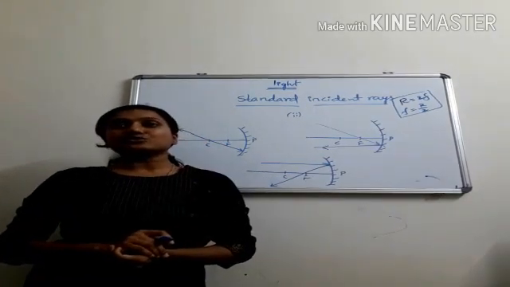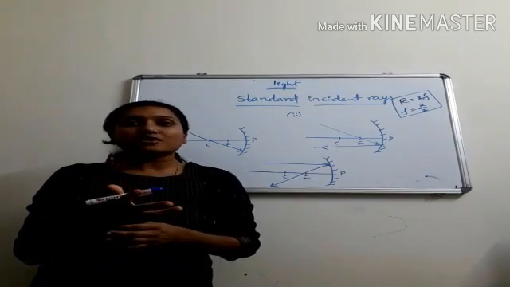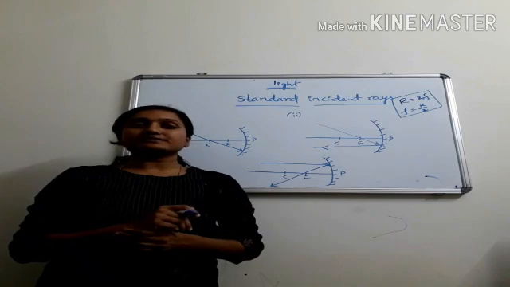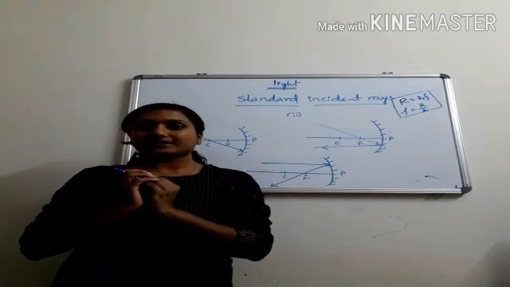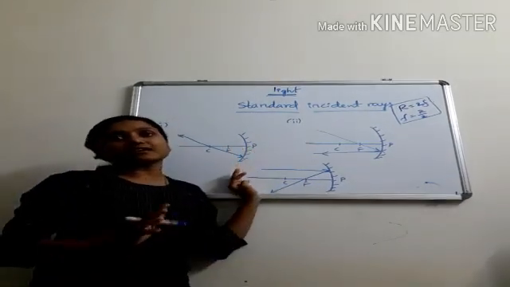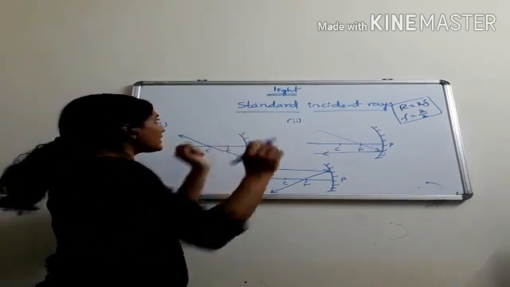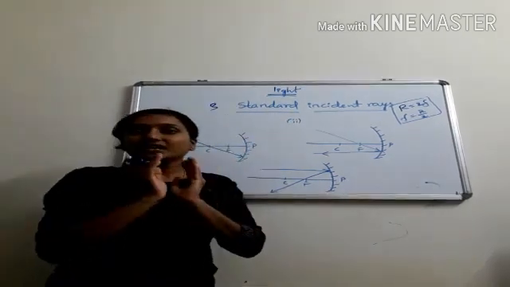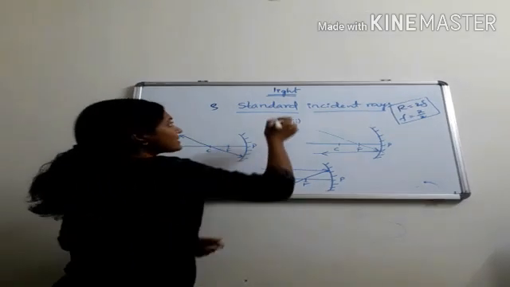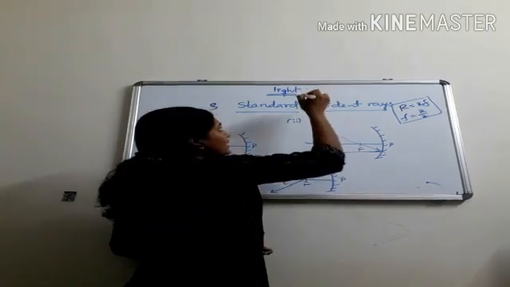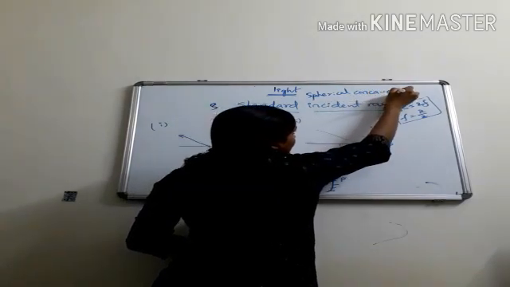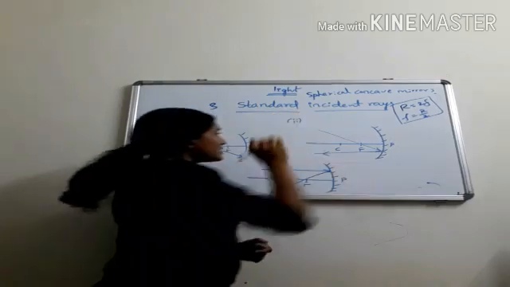Now we can move to how images are formed in front of the mirror in case of concave mirrors. We know the difference between the concave mirror and the convex mirror also, right? On the board, how will the rays form in the spherical concave mirrors? I am saying three standard incident rays are very important for how the images will form in front of the mirror in case of spherical concave mirrors.